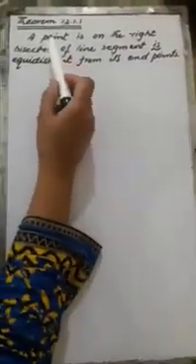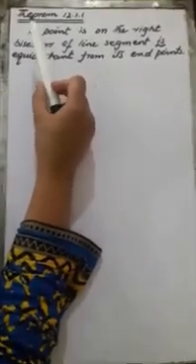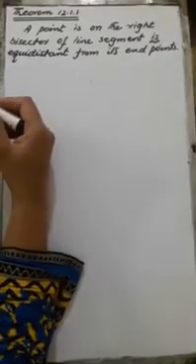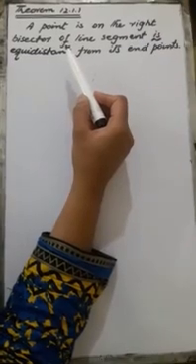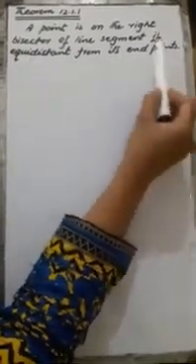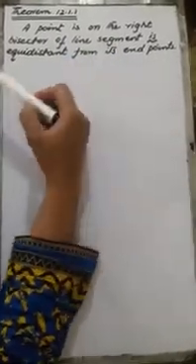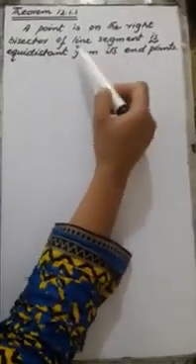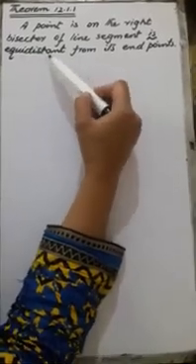Students, this is the first theorem of your chapter number 12. We have already discussed what a theorem is and how you will read and judge the statement of a theorem. I have told you that whenever you have words like is, if and then, whatever comes after such words is to be proved, and whatever comes before is given. Now in this statement, the word right bisector is there, which we have discussed. And then there is equidistant. Equidistant means at the same distance.